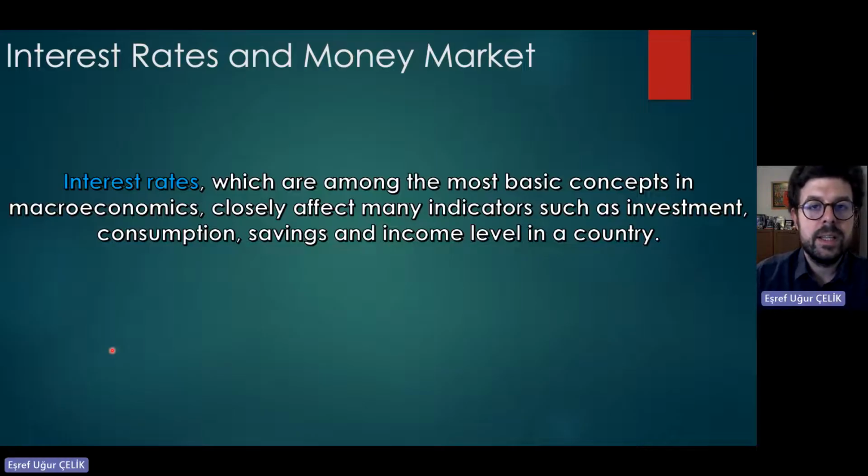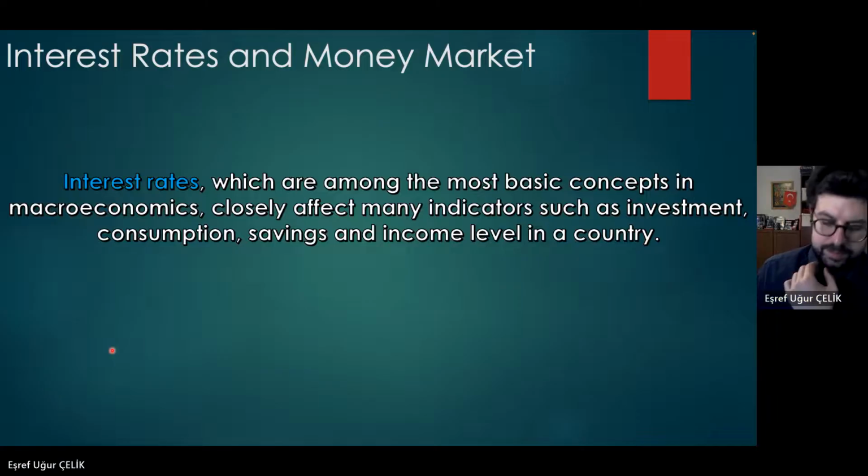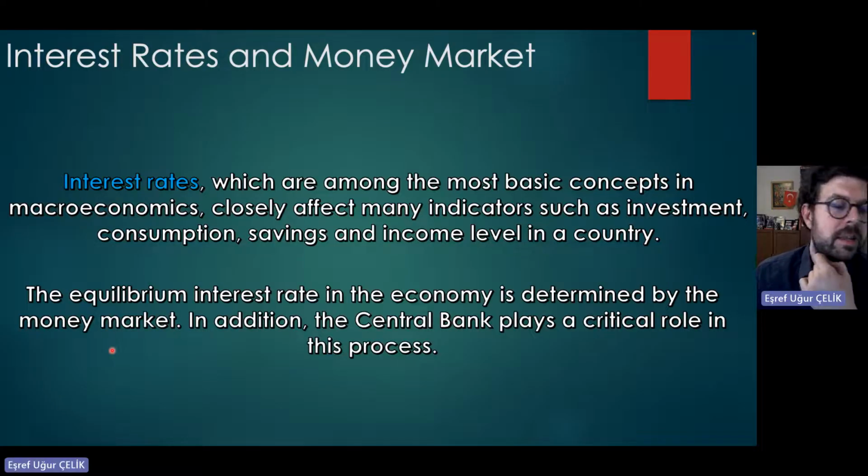The interest rate is a really important variable in macroeconomics because it highly affects our investment level, consumption level, or saving level, and mostly they affect our income in our country. We try to understand the mechanism of how the changes of interest rate can affect our consumption, saving, investment, or income level. For this lecture, we try to understand that mechanism.